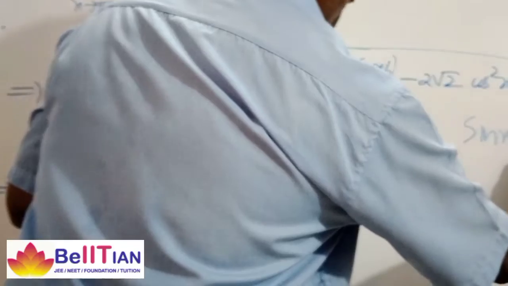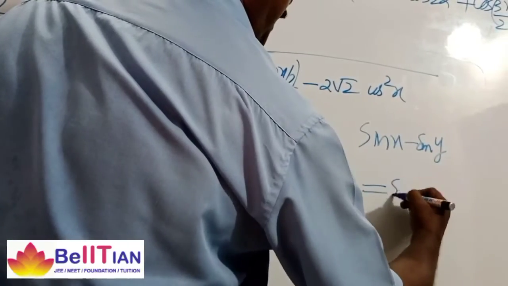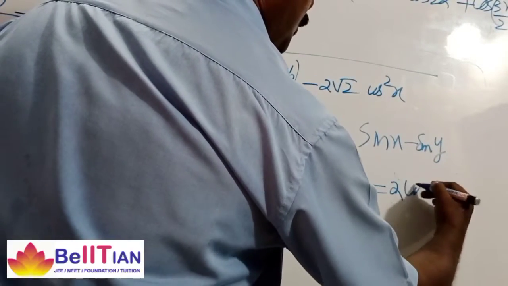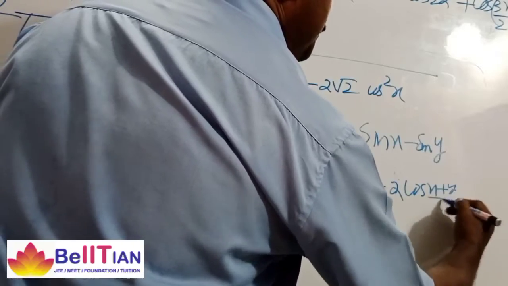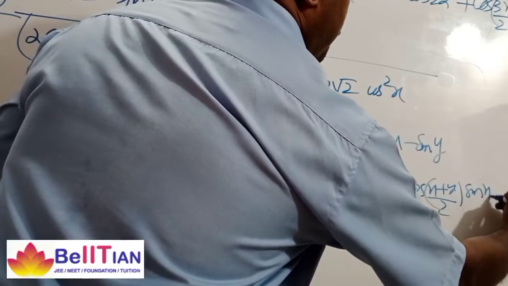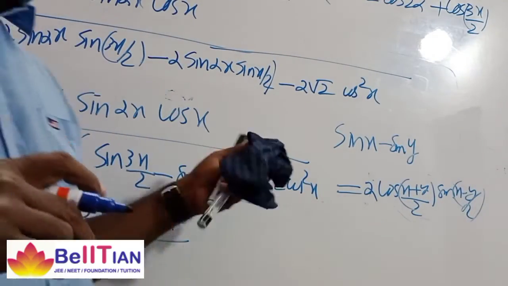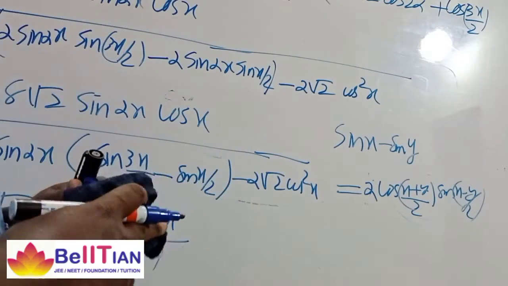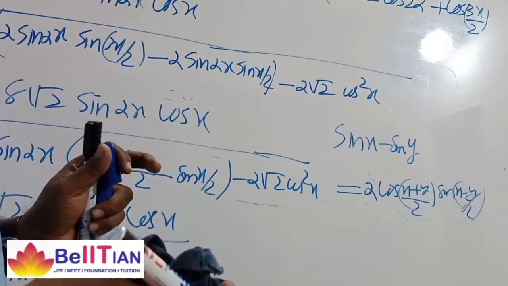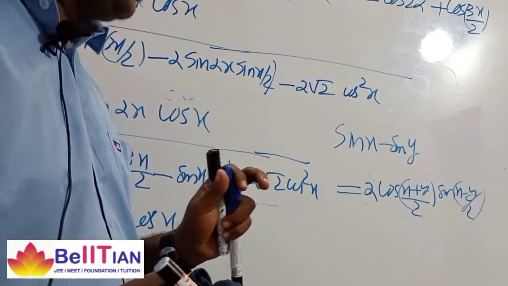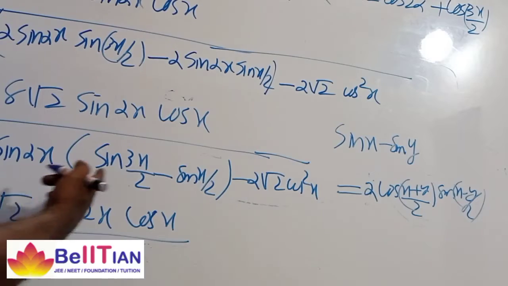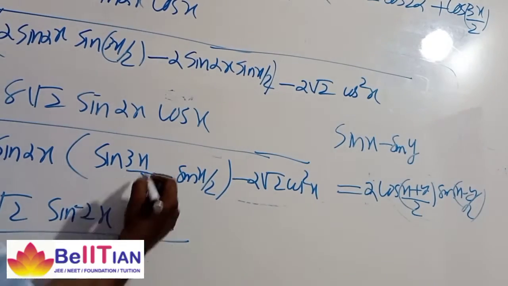Sine x minus sine y is equal to 2 times cosine of (x plus y) divided by 2 into sine of (x minus y) divided by 2. All this formula you must remember, and it is very essential to remember, otherwise you will not be able to do the problem. So now this can be written as